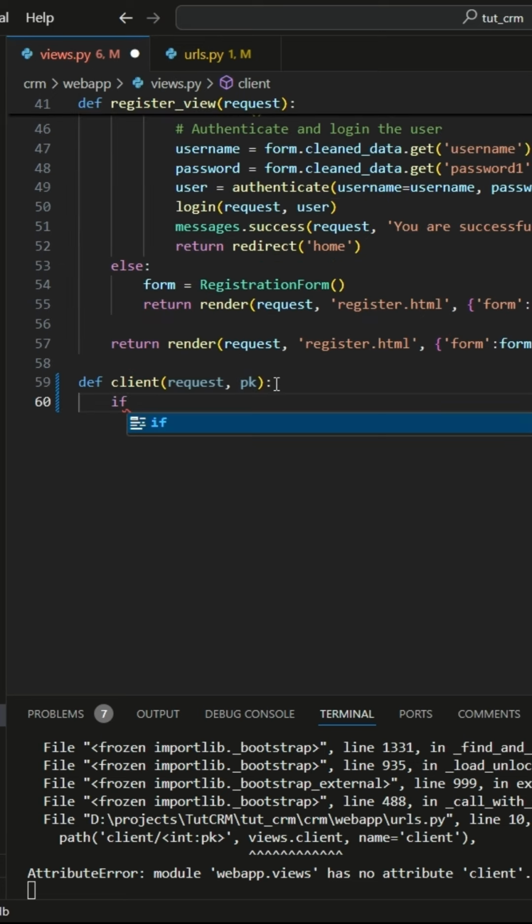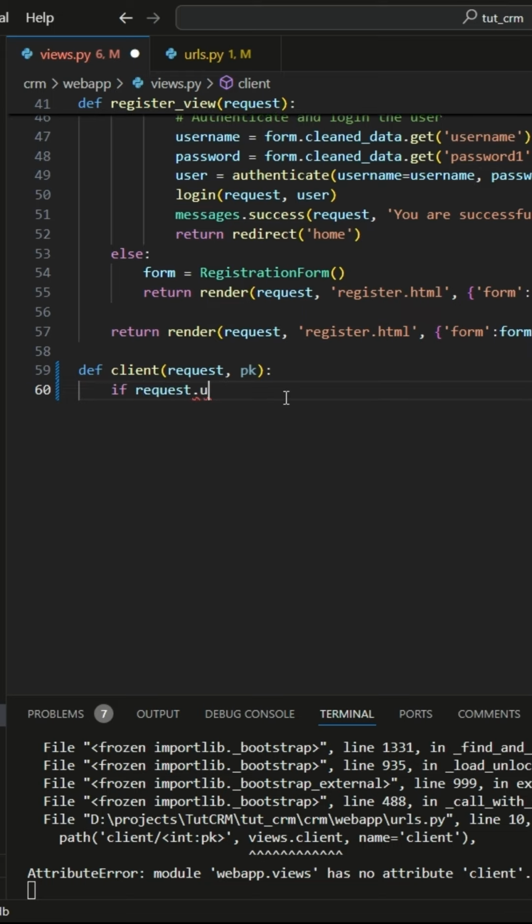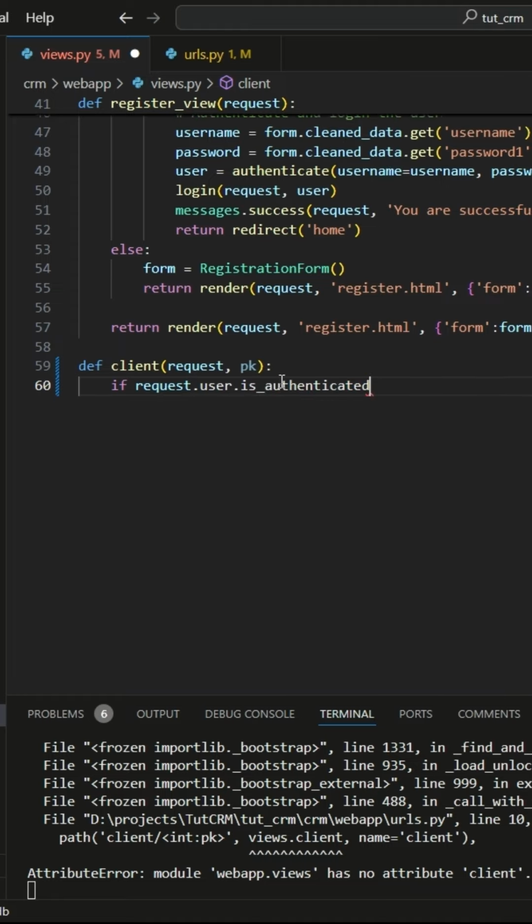So since we will only show client details to users who are already logged in, that's why we will use an if statement to check the user's login authentication status. So type if request.user.is_authenticated. If it is an authenticated user, we will show that user the data of a specific client on our